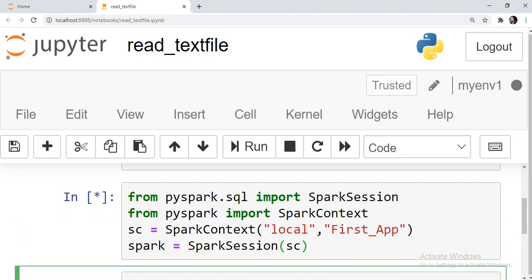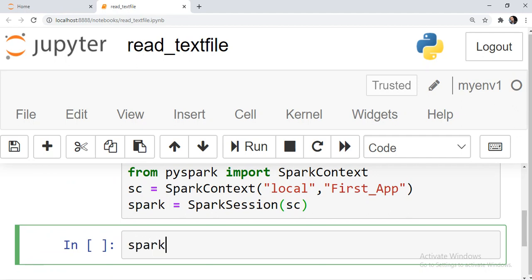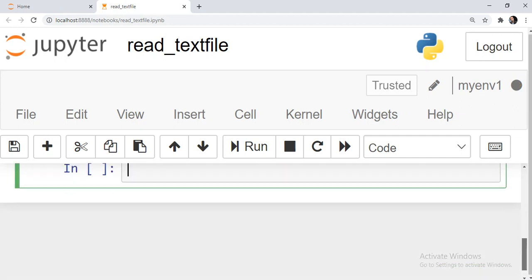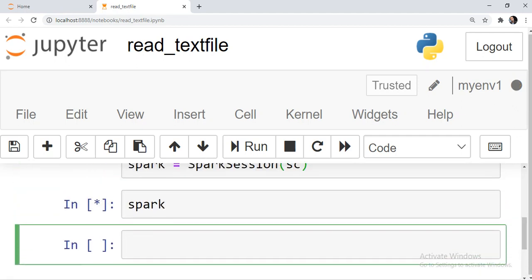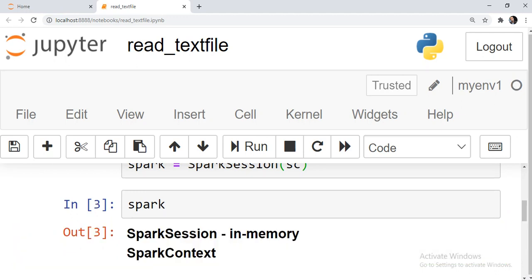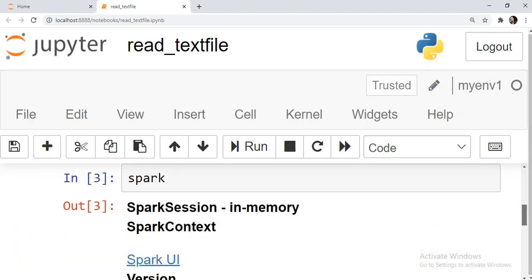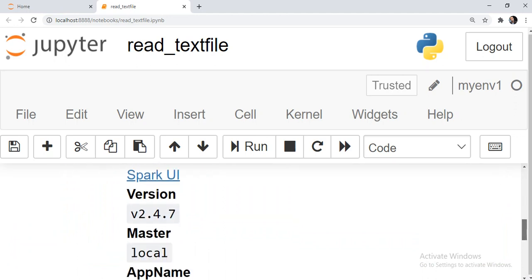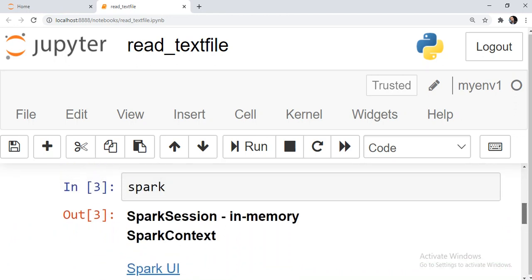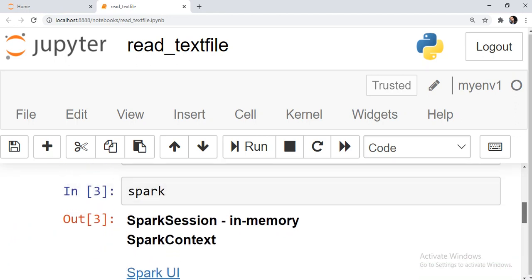We will wait, and it will throw us an error if anything is wrong with whatever line of code we have written in this cell. Yeah, it's working. So the Spark session is created properly if you just type spark and enter. Guys, I'm using shift enter to execute this cell. This is the spark command. So you see all the details of the Spark session are displayed.